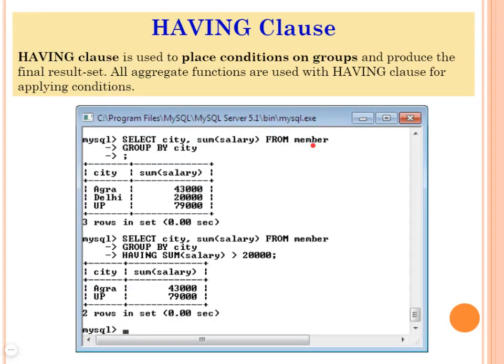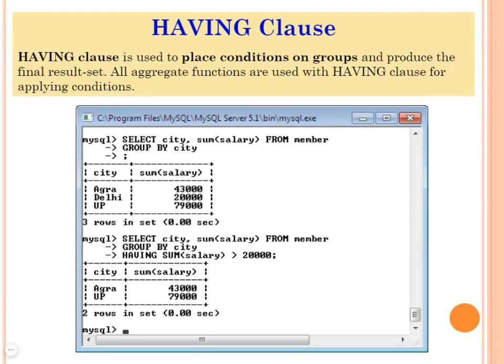Now salary is going to be summed here. Group by city, city is Agra. We have two records of Agra. One is null and one is 43,000. So the answer is 43,000. Second record is Delhi, 20,000, and UP has two records and their sum is 79,000. Clear? This is how I use the SUM function here.